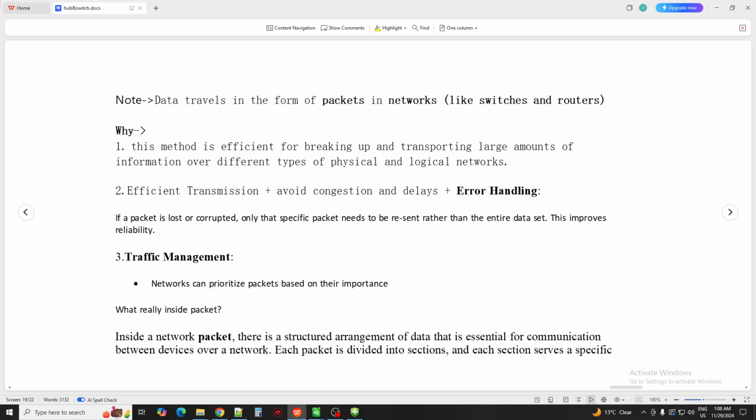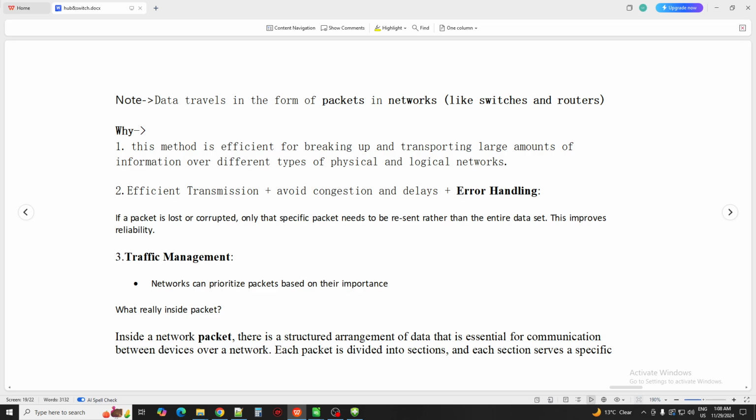Okay, think for a second. If it used binary, and even one binary was lost, your whole data would be corrupt. Can you imagine the amount of errors it would create? To reduce that, they use data packets. In that case, even if specific data is lost, it can be recovered easily.